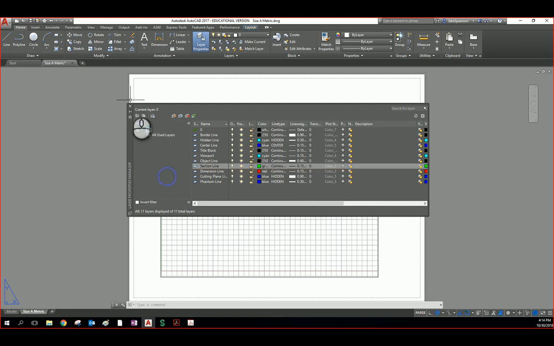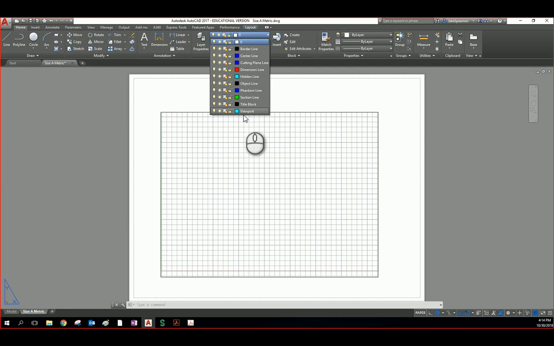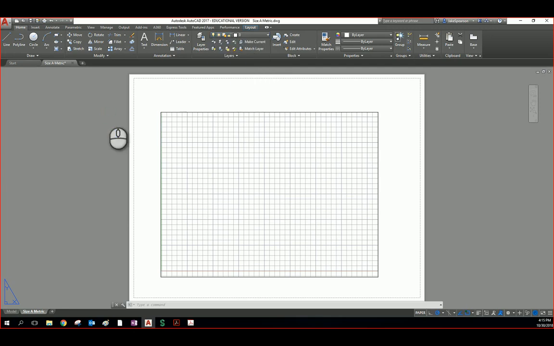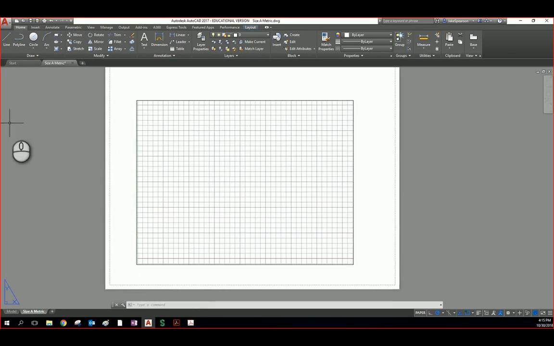I'm going to go ahead and close this out. So now if I drop this down, you're going to notice all my different types of lines. And that becomes important because what we're going to end up doing is making a border now. So I've already looked at the size border. So before I get to drawing,